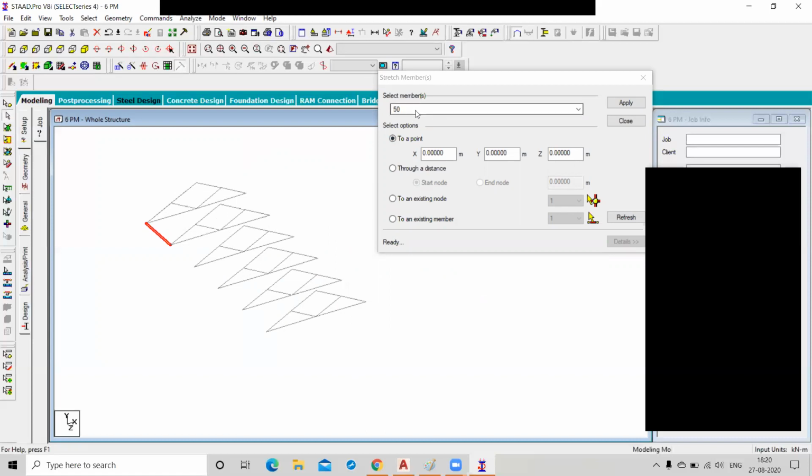And in the select option, we have 4 types of methods to stretch any member. First is with the help of coordinates. So how much do you want to stretch this member? How much distance?